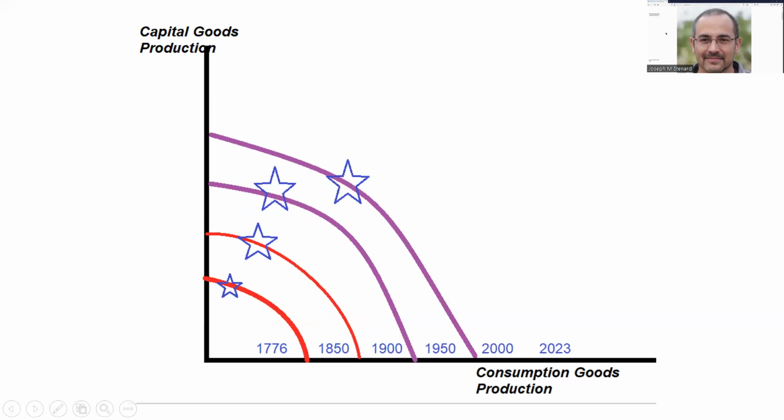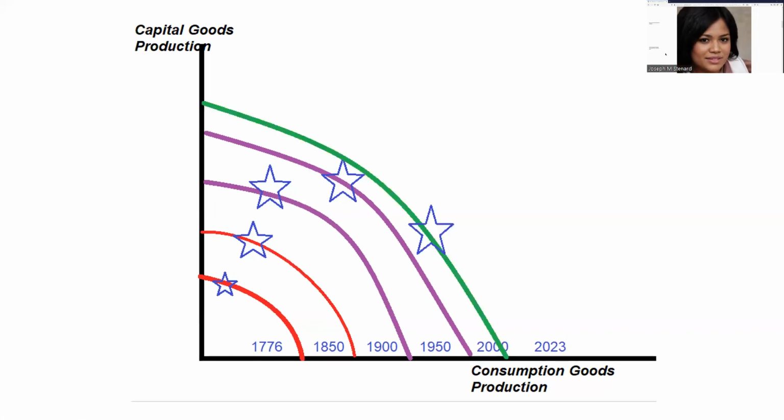But by 1950, there was a shift in the focus, and there was more of an interest in and more behavior that was focused on consumption goods and less on building up the country and less on building up our productive capabilities and more focus on consumption. And so we chose a trade-off between the consumption and capital improvements that favored more consumption than we did in the early parts of our history, which meant that the growth, which did still happen because